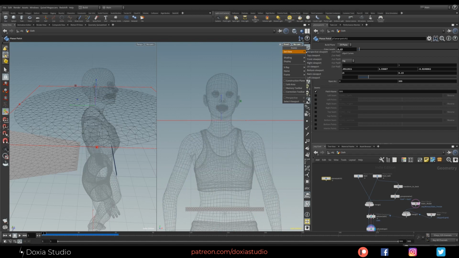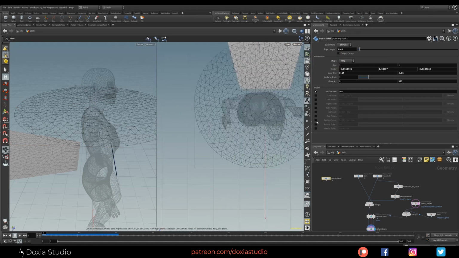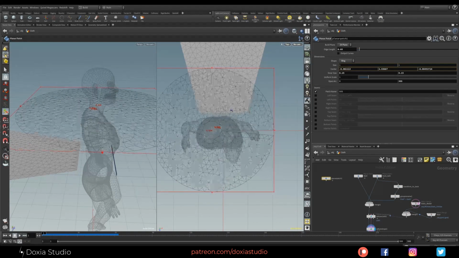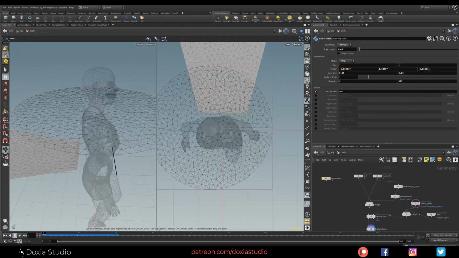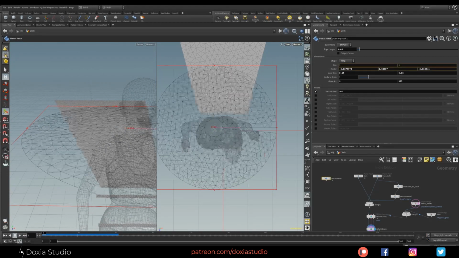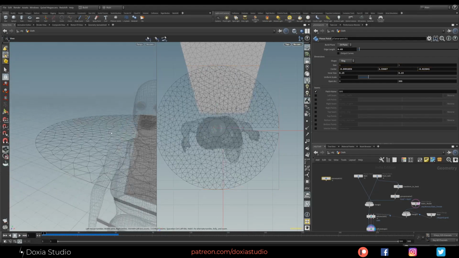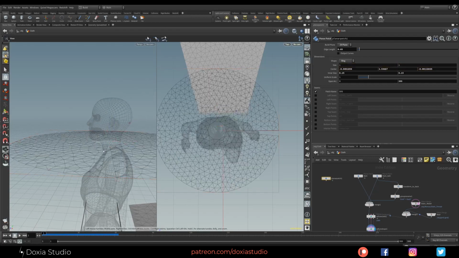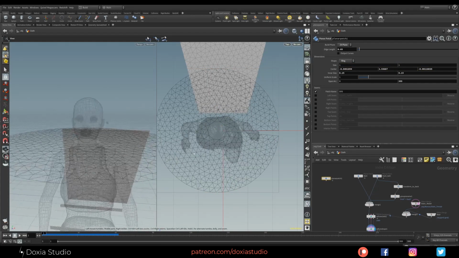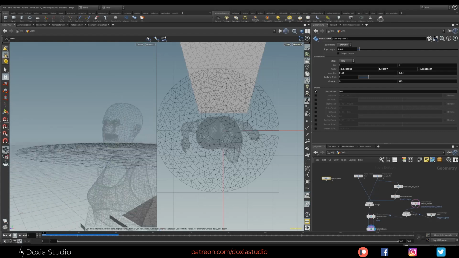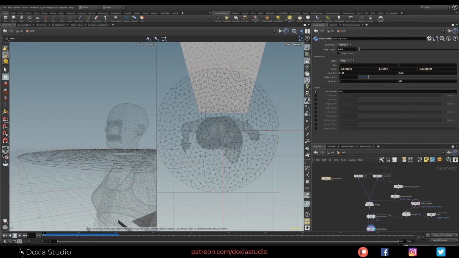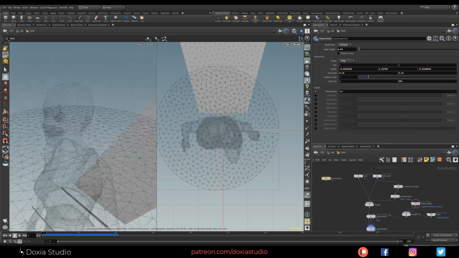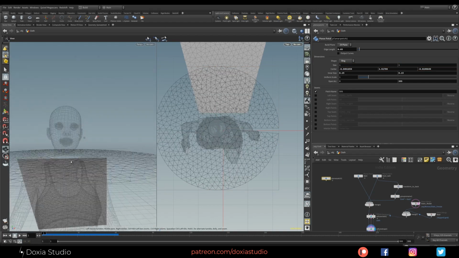Maybe I'm going to change this to the top viewport so we can see where we are placing our hole. Okay, just around the neck, something like that. Super easy. Okay, I think everything is all right. Let me decrease this a bit. Okay, that's good for now.